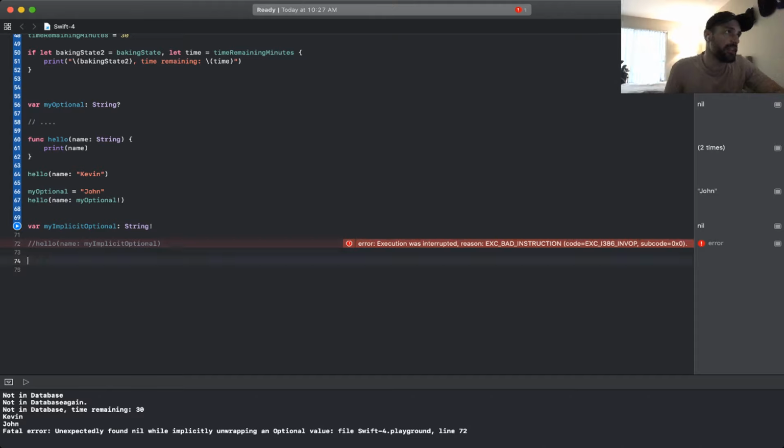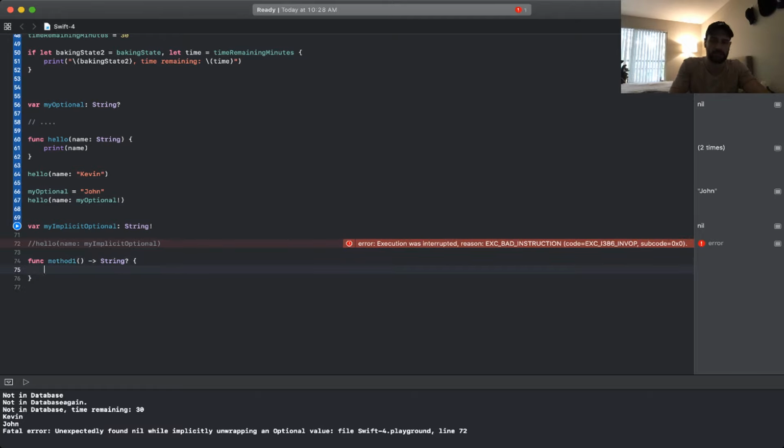So what I mean with that is, and for that, I've got to just write some code. Let's have a simple method. We call it method 1, and it returns an optional string. In here, we have some random number, and we just generate that through the int random in 1 to 10. So we get a random number between 1 and 10. And then we